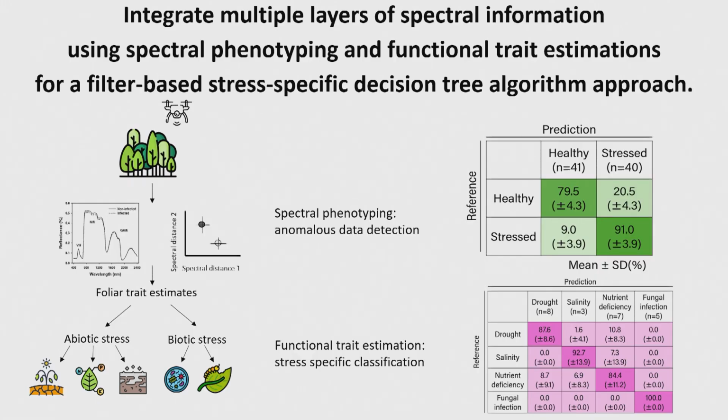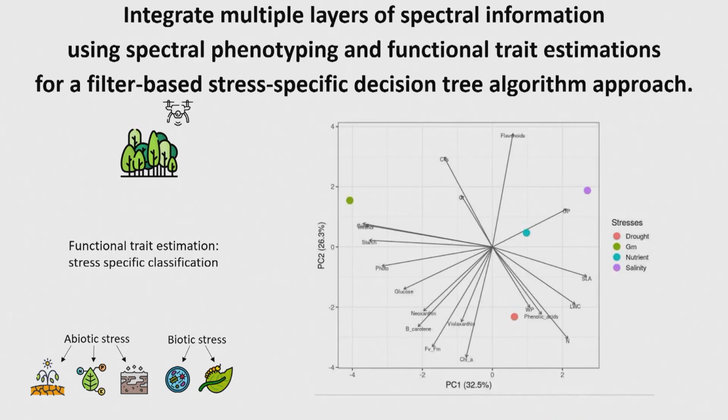Nutrient deficiency and salinity. So it was able to do a very good job in terms of classifying individual stress events. And if you look, this is not my favorite rendering of this image, but if you look at how these fall out in terms of all of the functional traits that we have, you can see things like salinity and nutrient stress, excuse me,